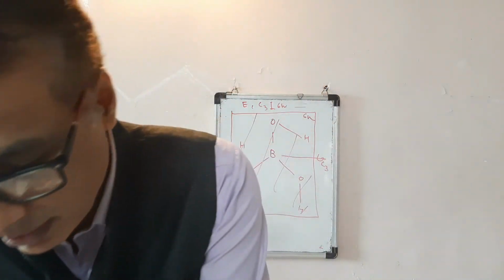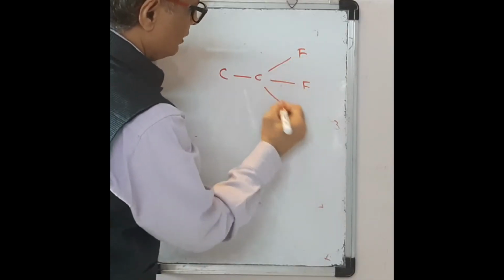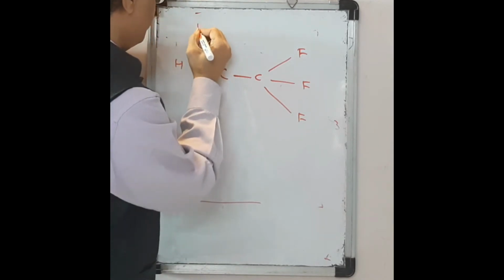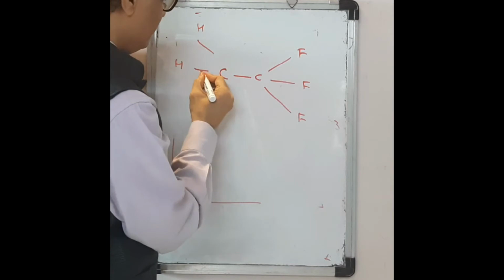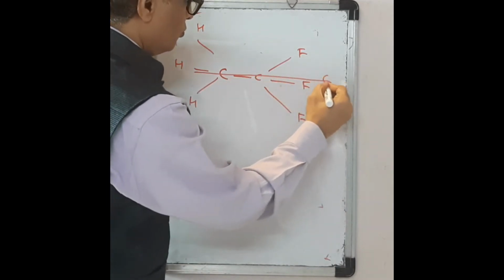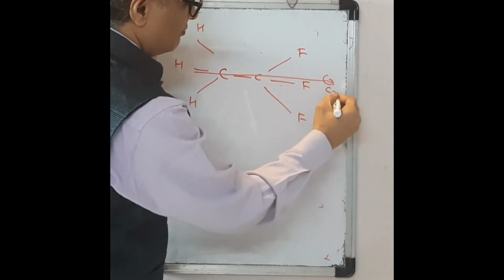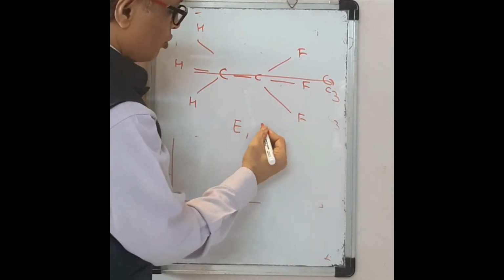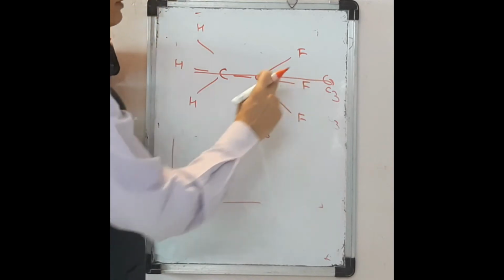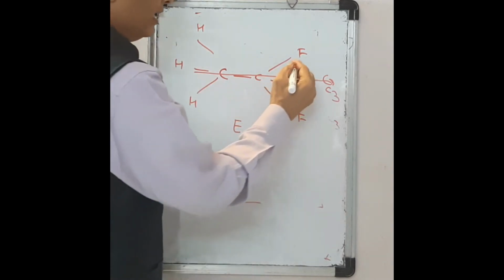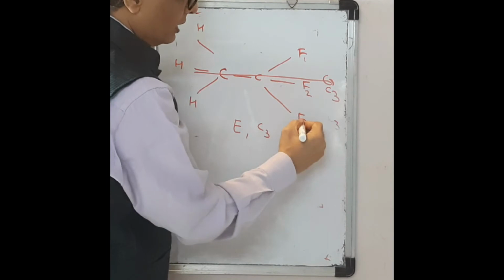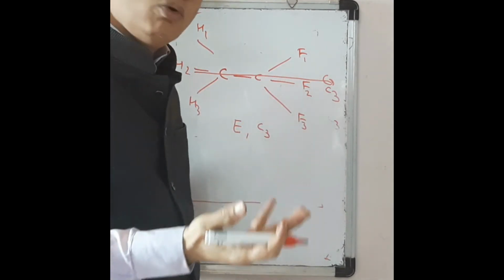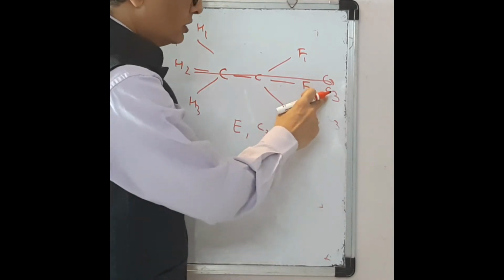The same thing can be explained here. This is 1,1,1-trifluoroethane. This is a line which passes through the two carbon atoms, which is named the C3 axis. So it contains E and the proper rotation axis C3, because if this molecule is rotated by 120 degrees, then 1 is shifted to 2, 2 to 3 and 3 to 1. Another 2 rotations by 120 degrees give the original configuration. So this is called the C3 axis.